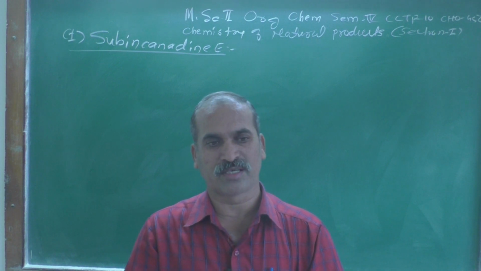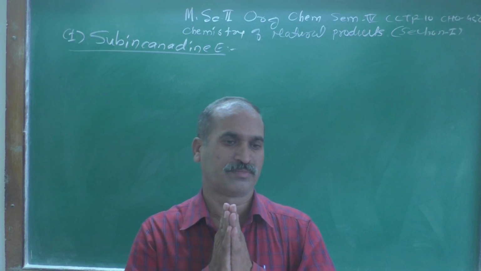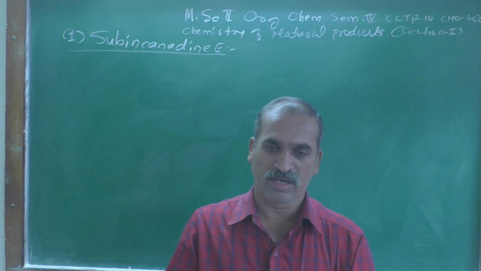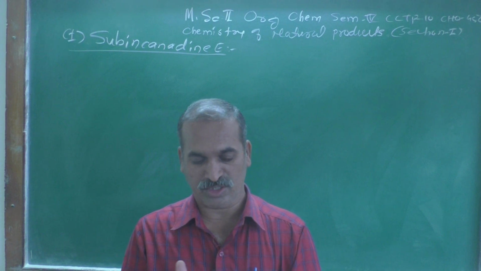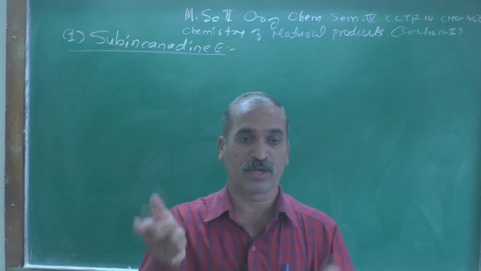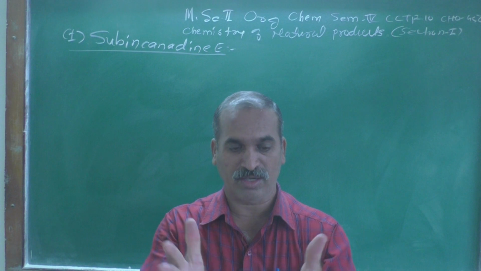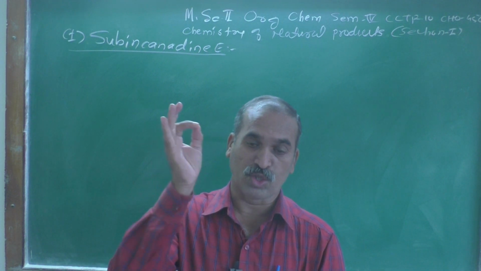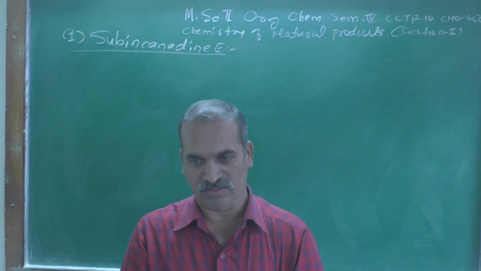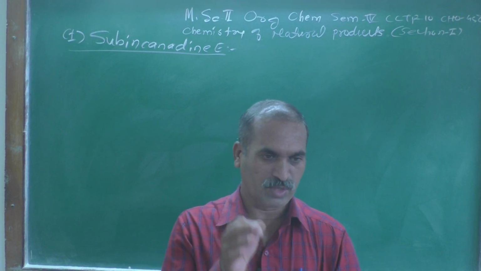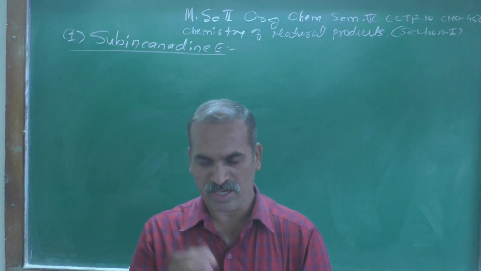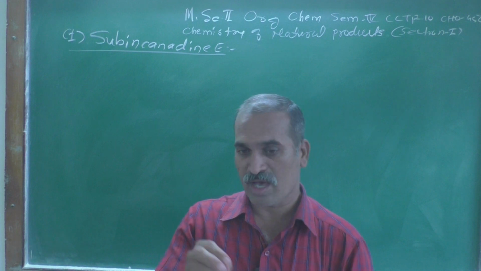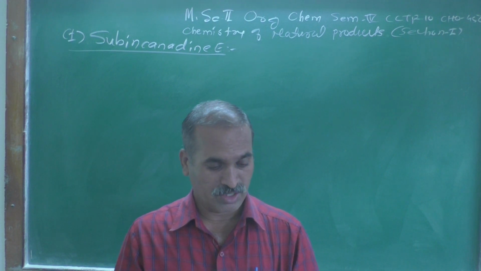Everything is the same, but there is a difference in rotation. One rotates the plane of polarization to the right-hand side, whereas the other rotates the plane of polarization to the left, meaning they are non-superimposable mirror images. The word non is very essential, very prominent while defining an enantiomer. Enantiomers are non-superimposable mirror images. So that